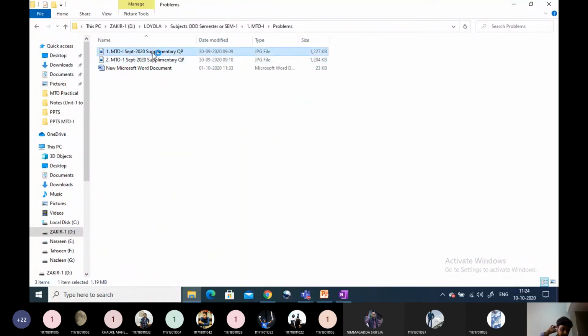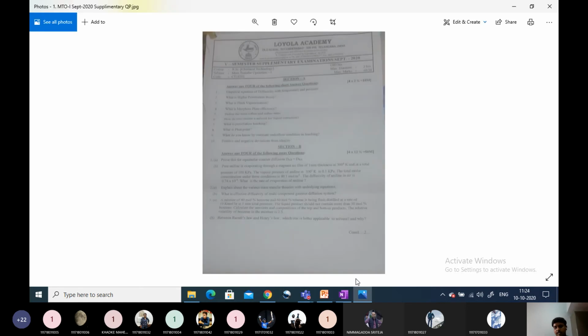Okay, they have missing data. One problem, they have given with missing data from the distillation column. So what is this missing data? We have to identify. My suggestion is, when you find some missing data, just assume some data on the spot and try to attempt that one. Then only is it possible for the examiner to give some marks. Otherwise, when you are not attempting because of lack of data, we cannot give marks. Nobody has attempted this problem, maybe because of lack of data. Only they have missed the parameter R, the reflux ratio.